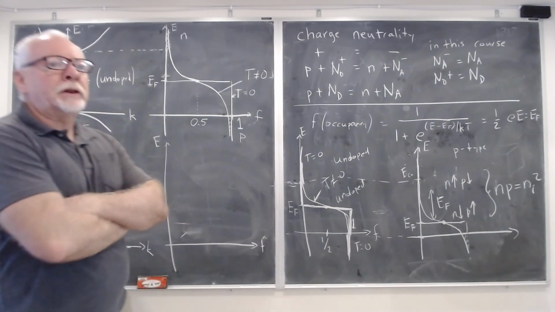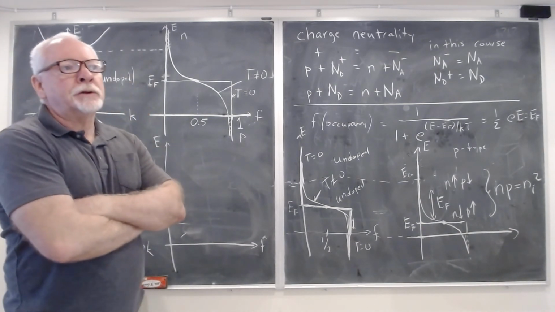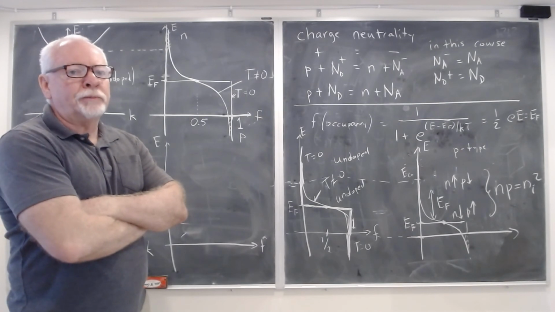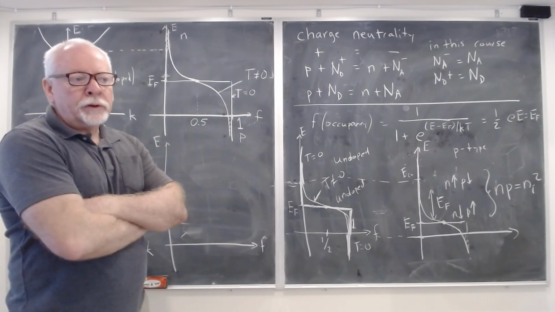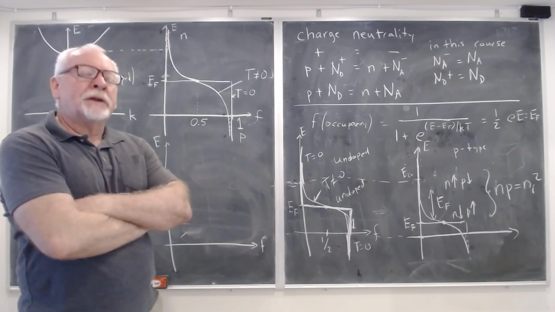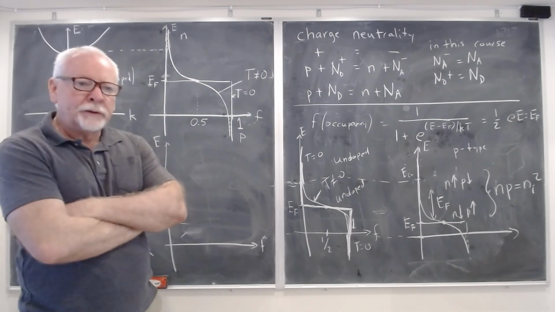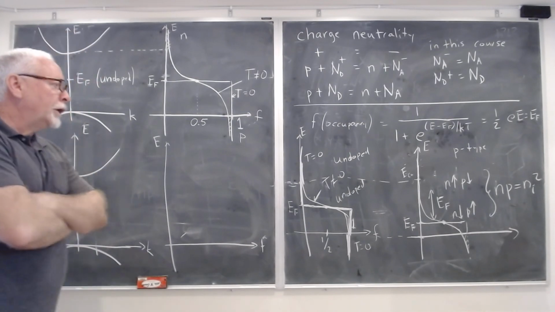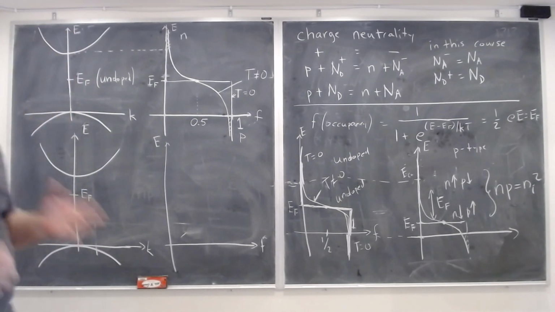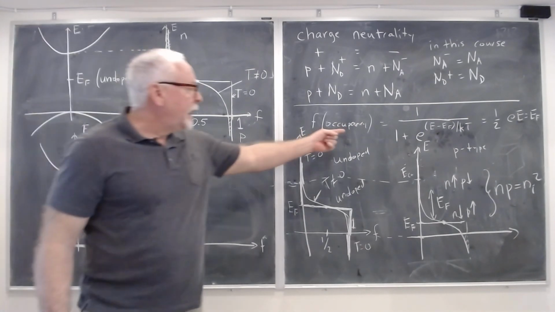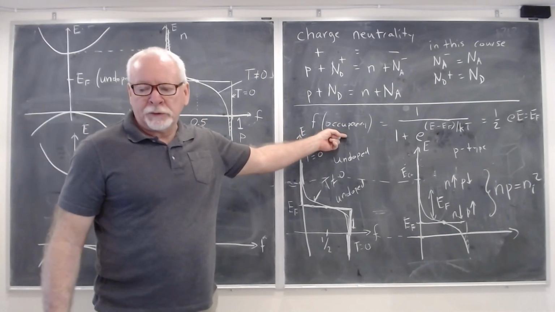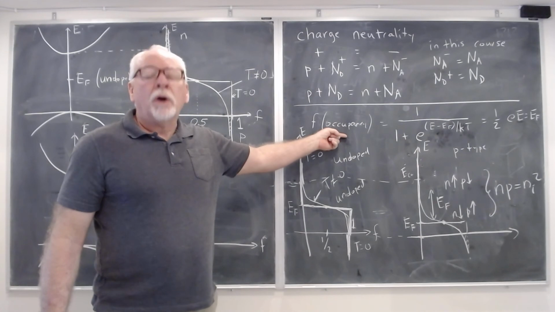It's not perfectly clear why, because you put in donors. I mean, it's clear why the electrons went up. Why the holes went down, well, maybe that's not so clear yet, but it did. At the same time, the occupancy has to obey the Fermi-Dirac function. Now, why is that the case?